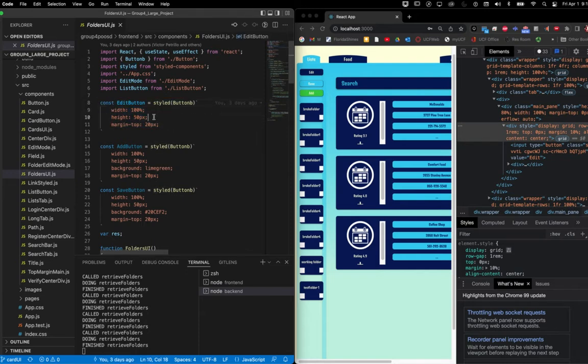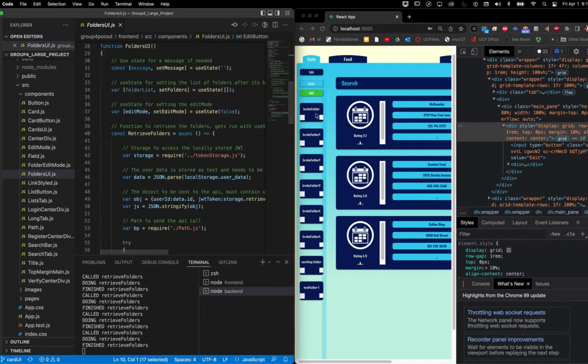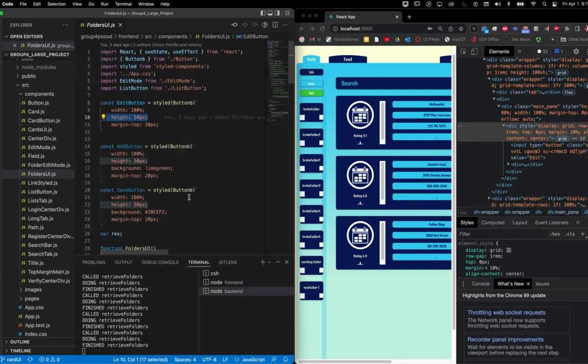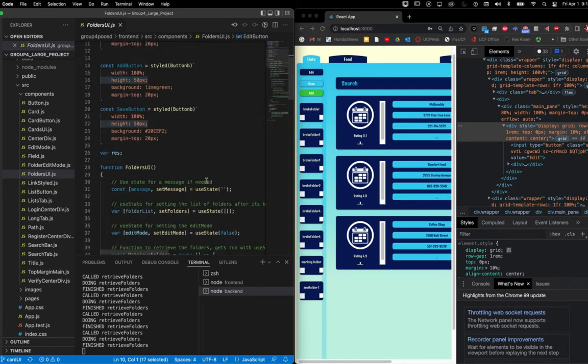Yeah, as you can see, I adjusted the width and the height for these, versus for the broke folder buttons, or well, I guess they're named broke folder here,